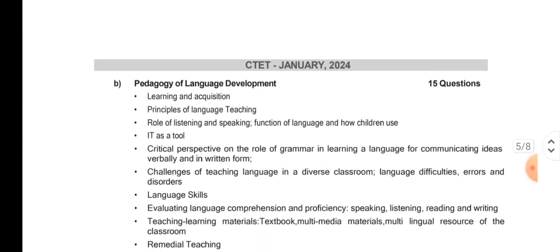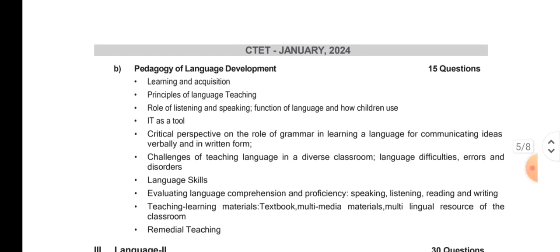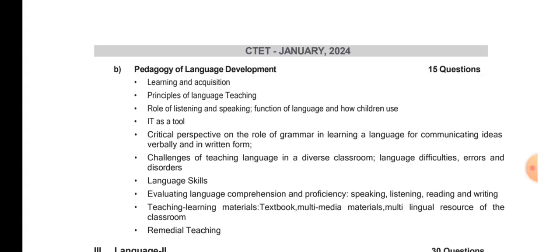So A is done. Let's see now what we have in B. Here also you'll have 15 questions: pedagogy and language development. As I was telling you, if you are serious with your CDP, that is child development and pedagogy, which is the easiest of all,